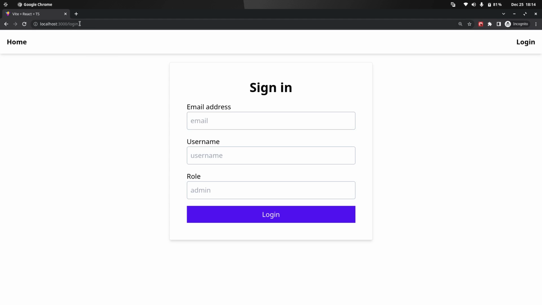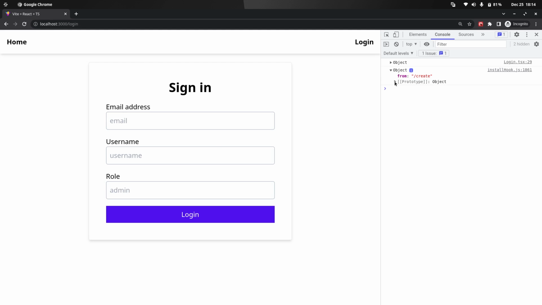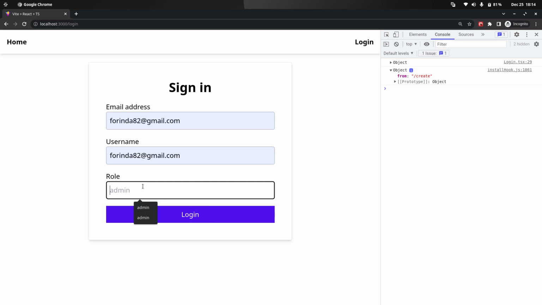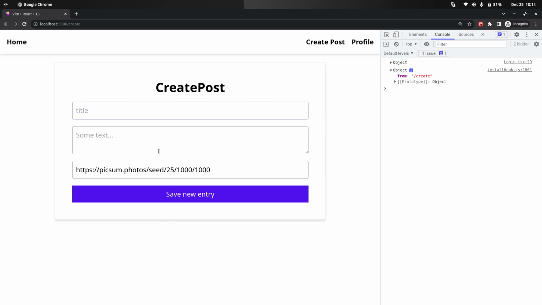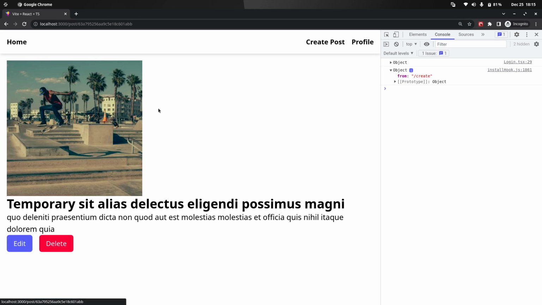So if we go to create it and we log, you see we have an object, then it's from create. What will happen if we just add this, then you'll see we are taken there. Why? Because our current role is admin. Let's say I log in as